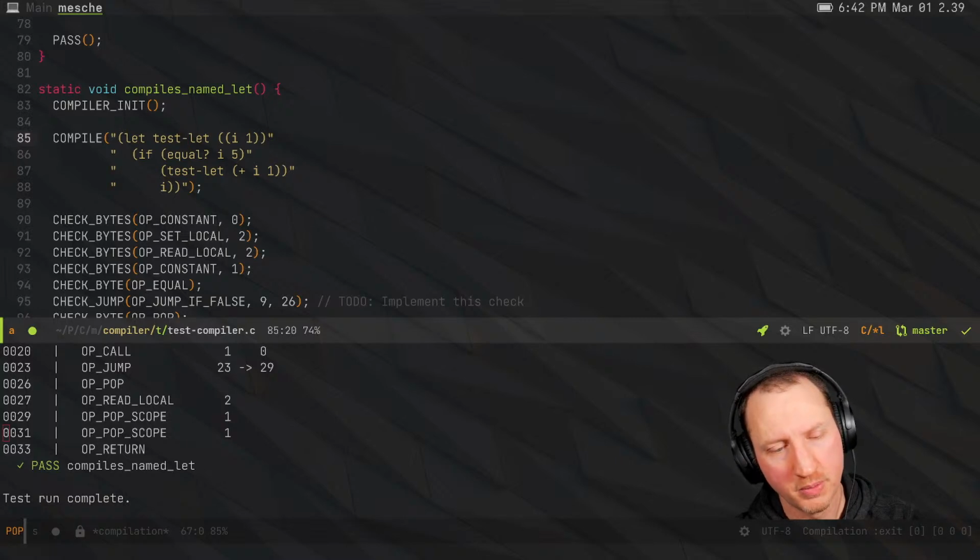So one thing that occurred to me at some point is that it might be better to turn this into a lambda effectively. So a named let should probably turn into a lambda and not be treated as its own local scope. So you can treat it like a named function that is defined anonymously, sort of in the local scope. Or even create a scope with a local with that variable name, and then